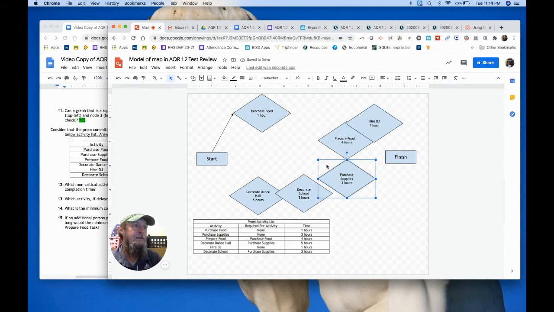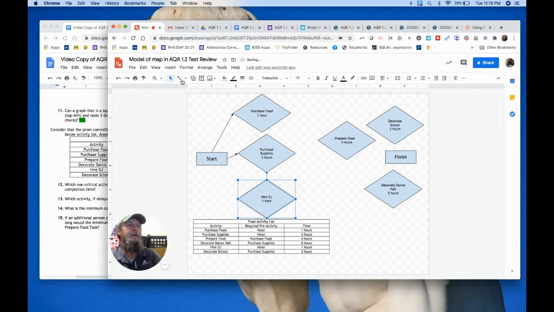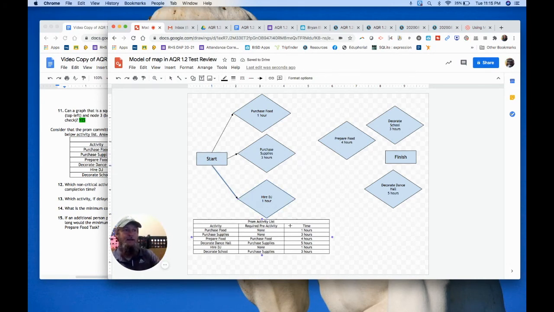Purchase supplies is the next one. We want to move it closer to start because it's going to be right out of start. Then we're going to create an arrow out of start going to purchase supplies. Okay? And the last thing that comes directly out of the start is going to be, and it has an arrow coming out of start going directly to hire DJ. All right, so we've got the first three activities done: purchase food, purchase supplies, and hire DJ, and they come